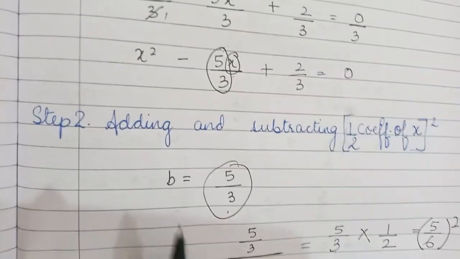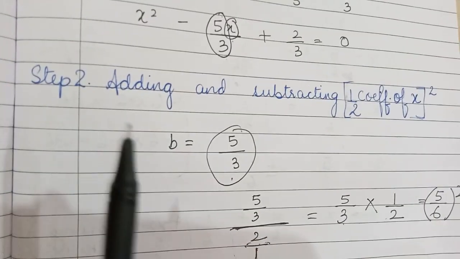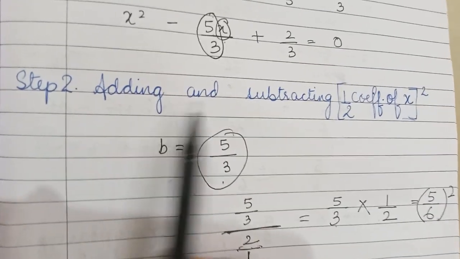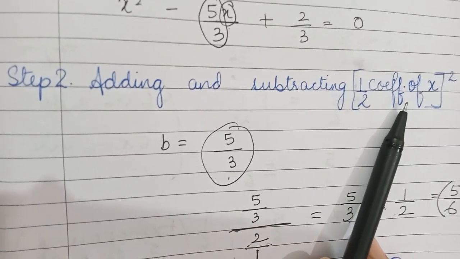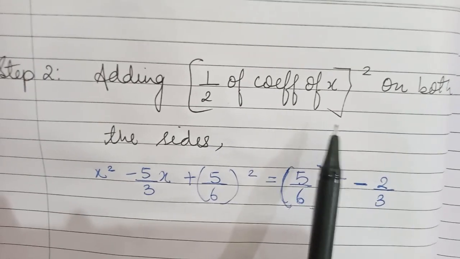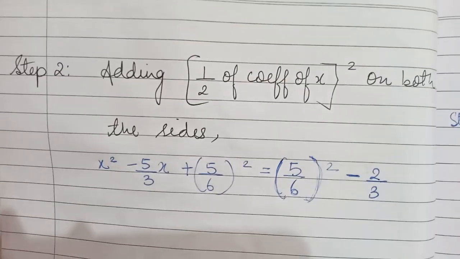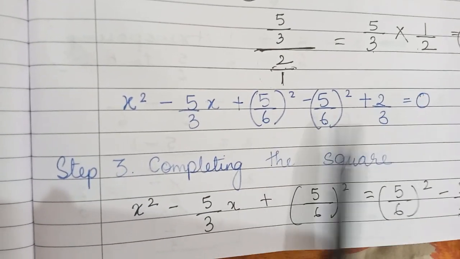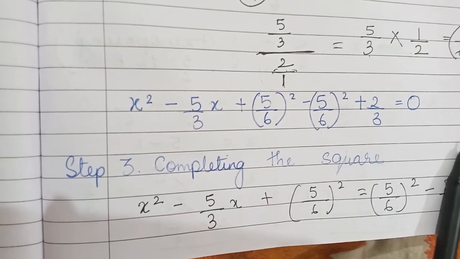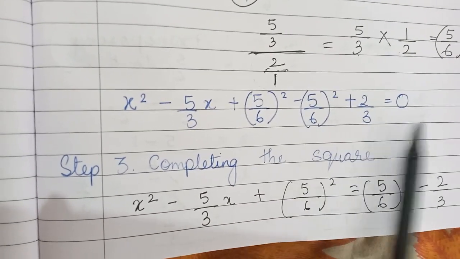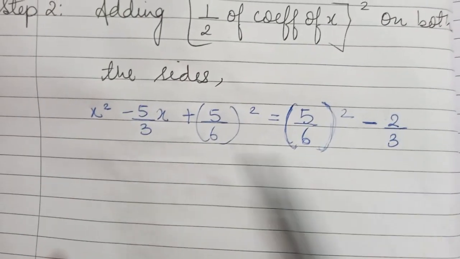See, I would like to tell you one more thing. Instead of, in step 2, when I told you that you have to add and subtract the coefficient of x whole square, you can also add half of the coefficient of x on both the sides. See, I'll tell you why. Over here, when we added and subtracted both these terms, the constants had to be shifted to the RHS eventually. So rather than doing this, what I can do is take the constant.